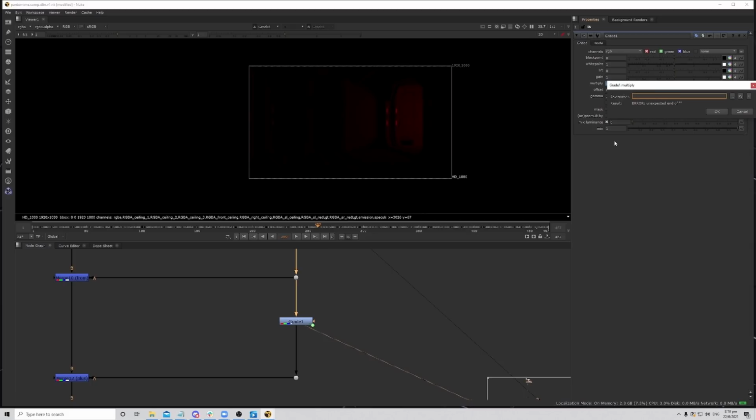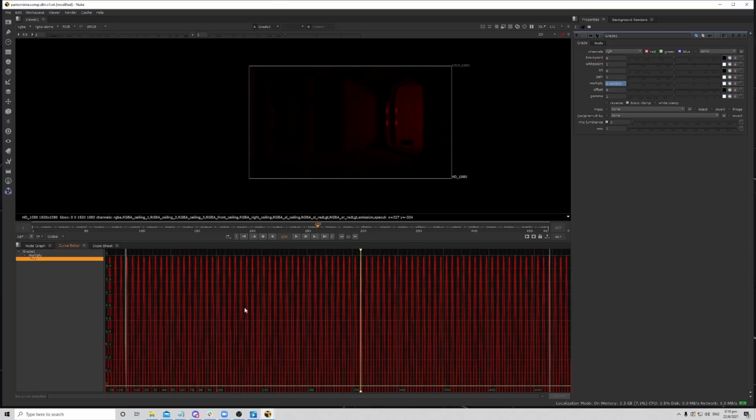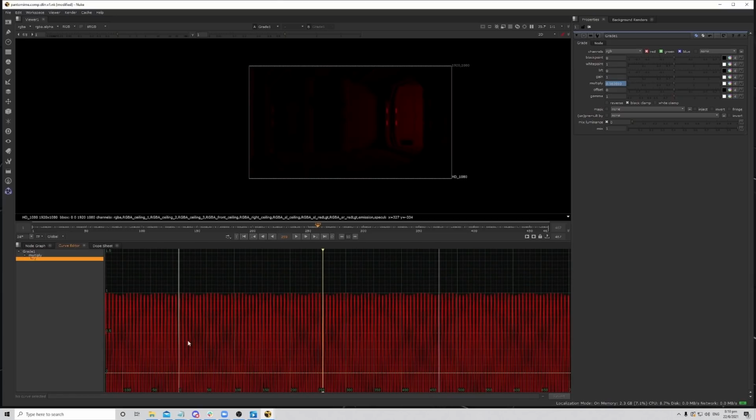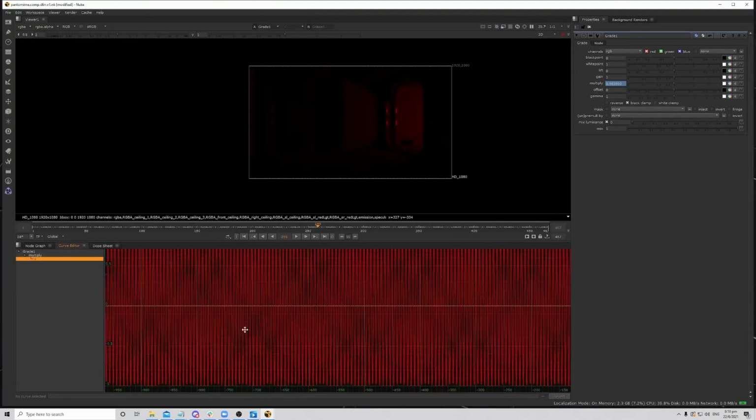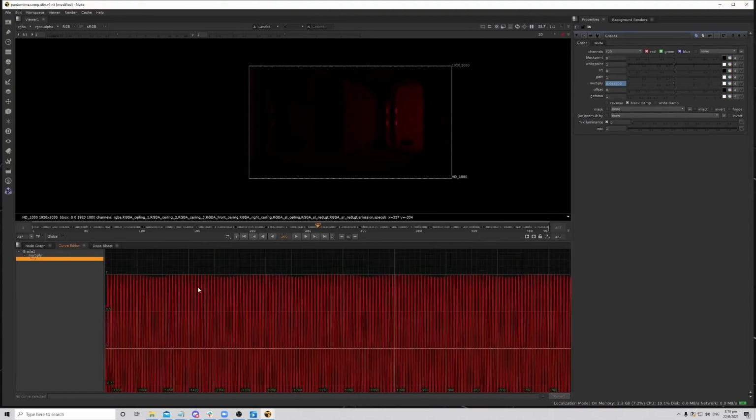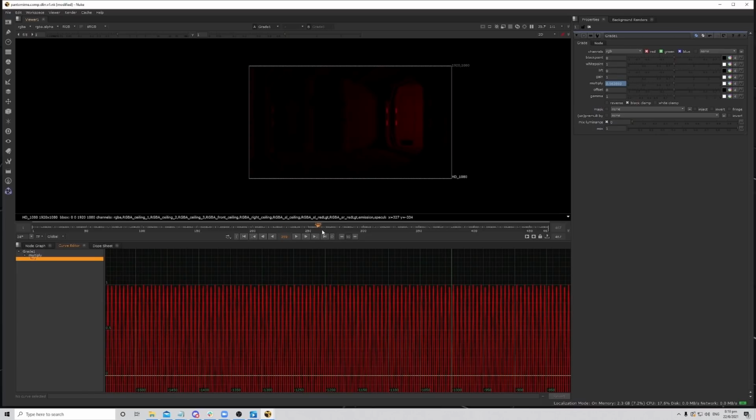So you can use sine and then dollar frame. Then if you look at the curve editor, you see that it generates the same frequency throughout the whole timeline. Okay, so now if I were to play this back, it will look like,